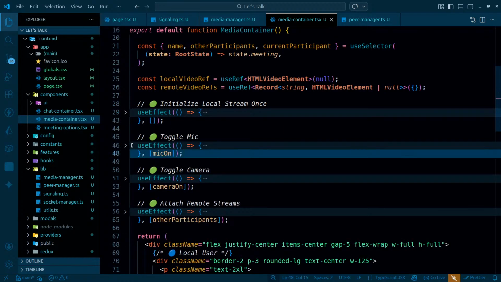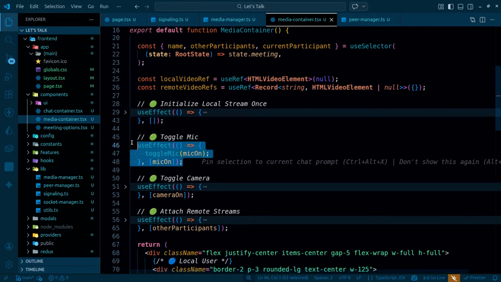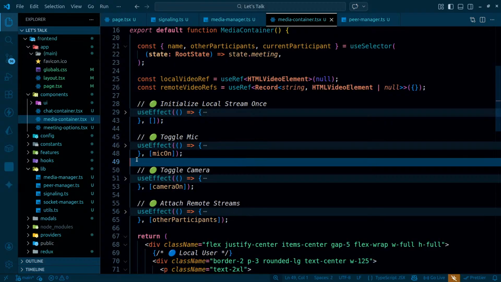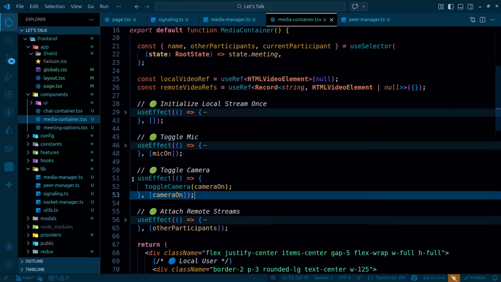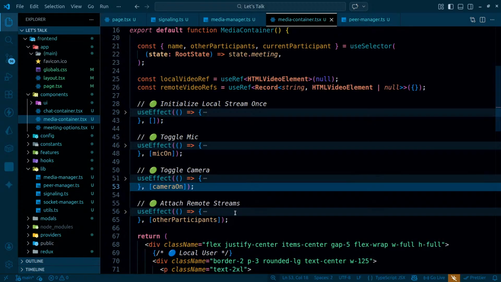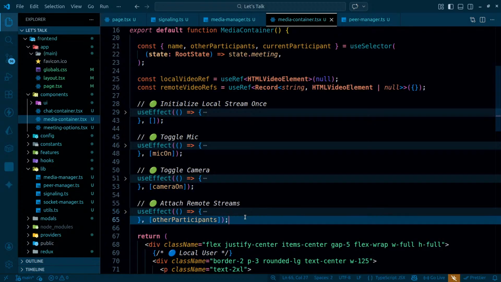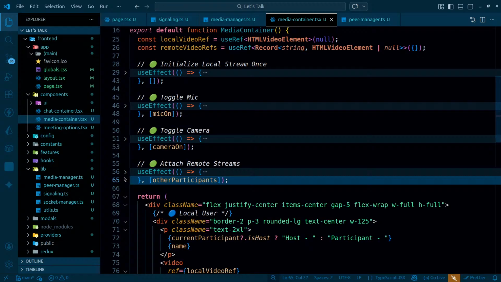When it comes to this toggling, whenever the mic changes, the value is going to be toggled just like this. So that's good too. When it comes to toggle camera off, this will be done just the same way. And lastly, I have other participants, in the sense that whenever other participants join,